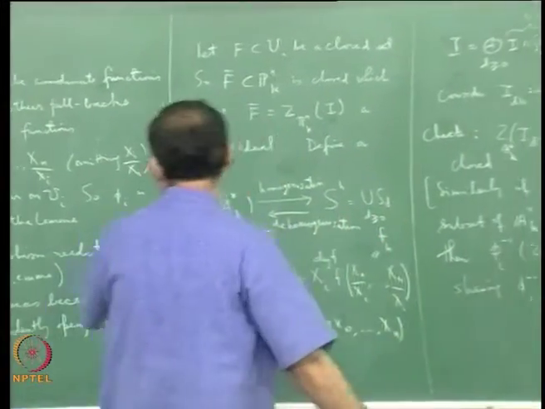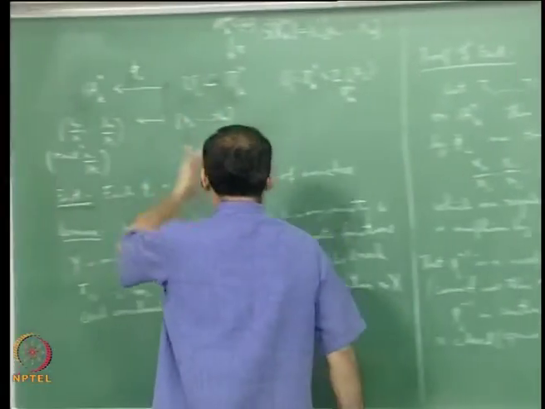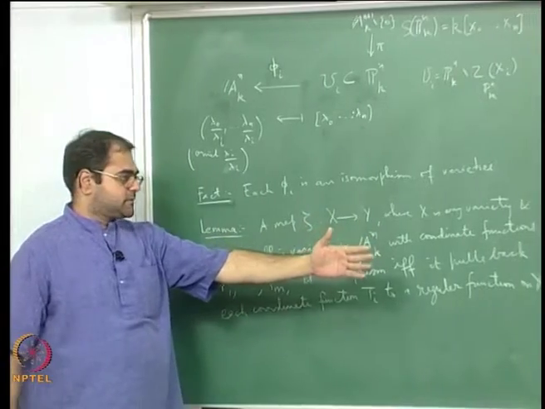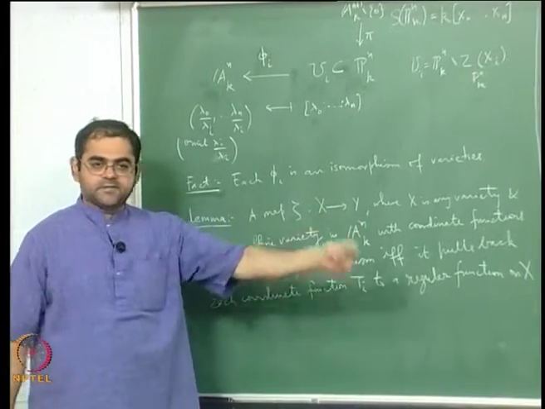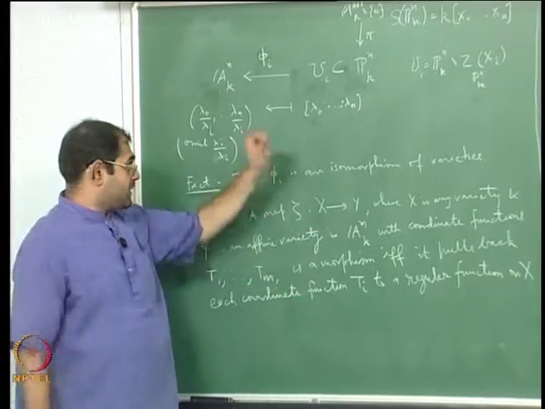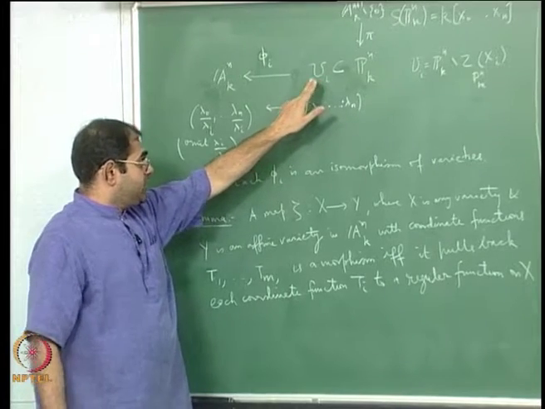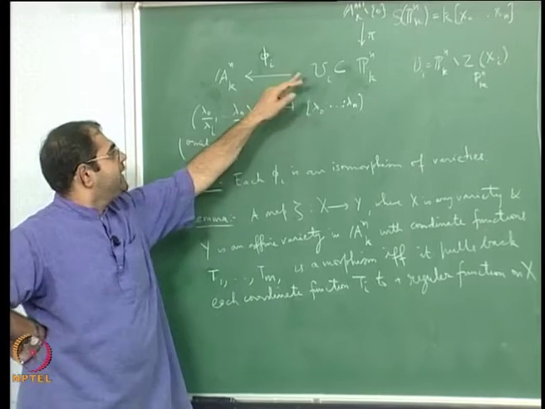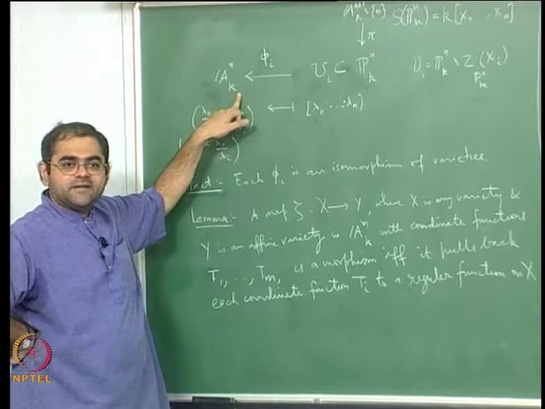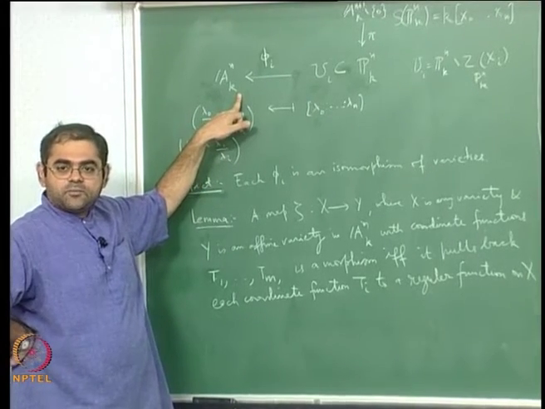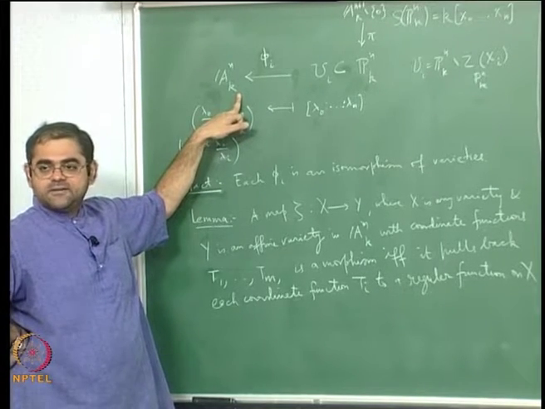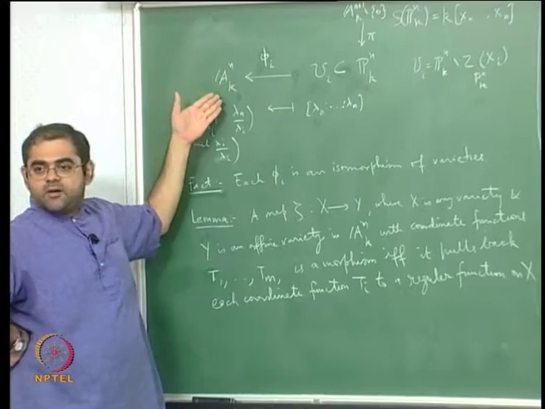So I am just saying that if you write it down it seems a little complicated, but it is not, it's quite straightforward. If you give me a regular function here which is a quotient of polynomials, and I pull it back, the function that I get here is simply the same quotient, not of the same polynomials but of the corresponding dehomogenized polynomials.